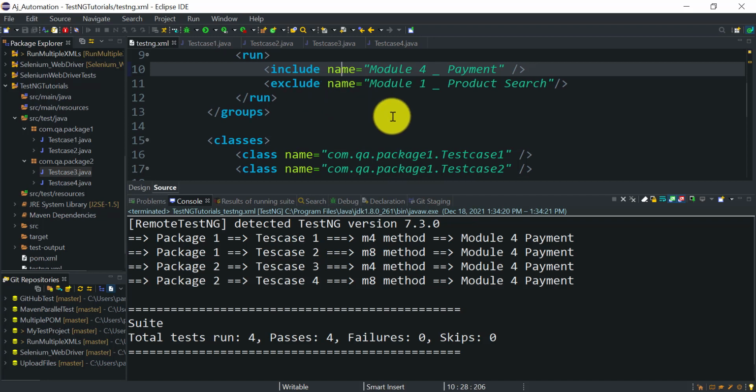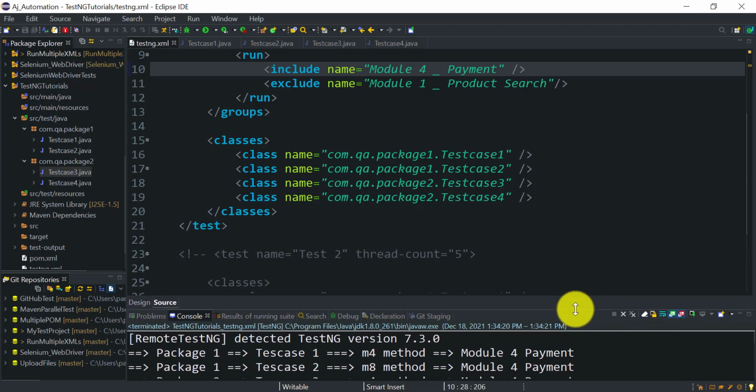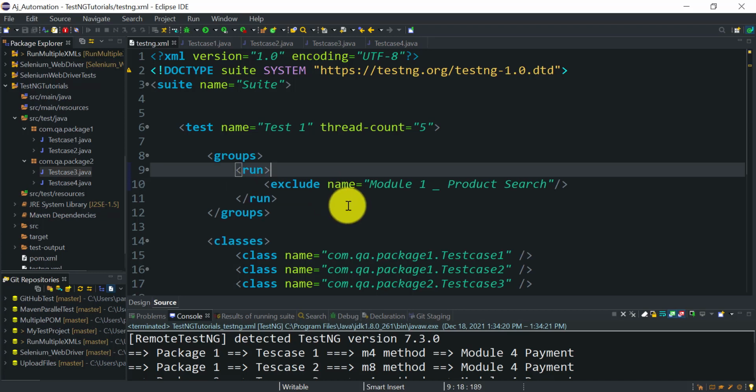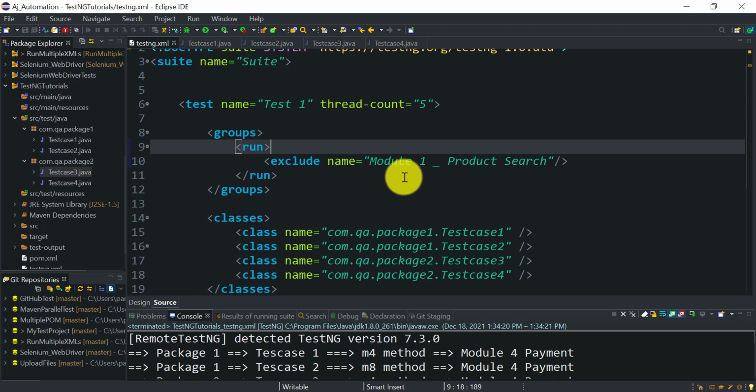Okay, so this is how you can exclude a specific group TestNG test methods. So if I want to run all the groups excluding this module 1, okay, so I will remove this condition. I will only keep the exclude now. So run all the TestNG groups except this module 1 group. Okay, so it should execute all the TestNG test methods from other 3 TestNG groups, right?